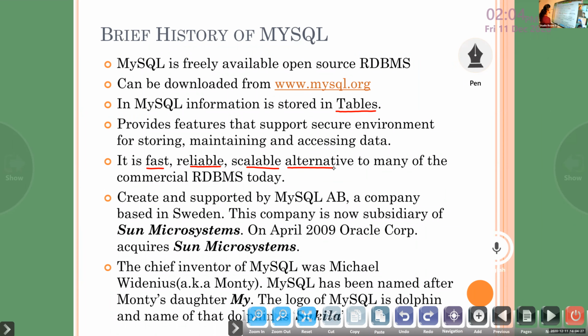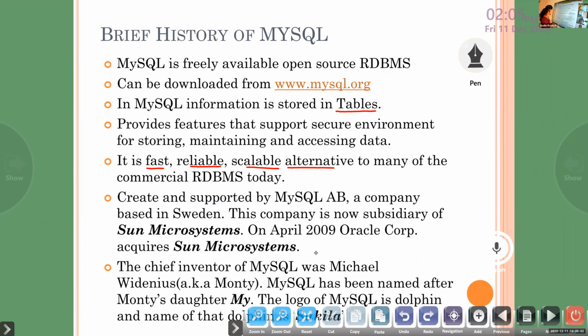So nowadays, many programmers are using the software. It provides almost all the facilities provided by paid software such as Oracle, then SQL Server. No, Oracle is not an open source software. SQL Server is a Microsoft product. So it almost provides all the facilities. So why pay money if you are getting it freely? So all are preferring MySQL.